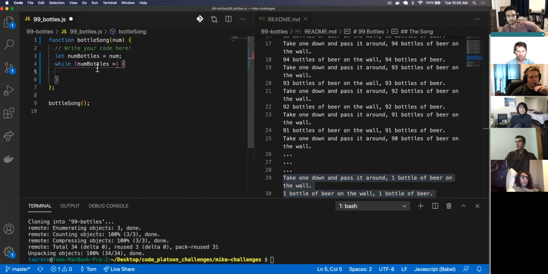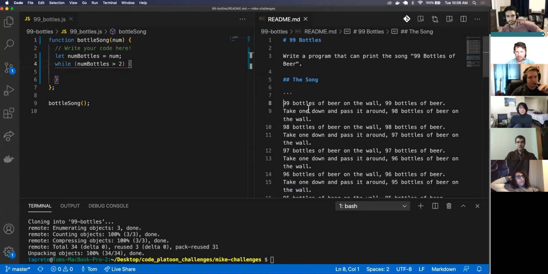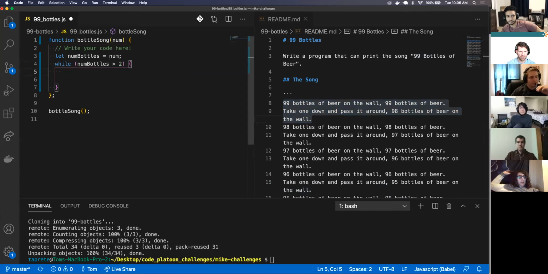So I've got this while loop, but while num bottles is greater than 2. You want to do it greater than 2? I had it at 2. Yes, 2. So we have a bunch of people, like if I looked at everyone's answers, everyone would have a different solution. So if we did greater than 2, let's see what happens. We want it to say these two values. So I can say